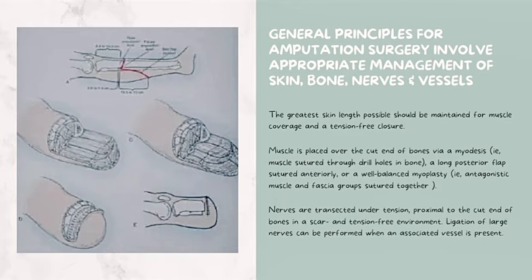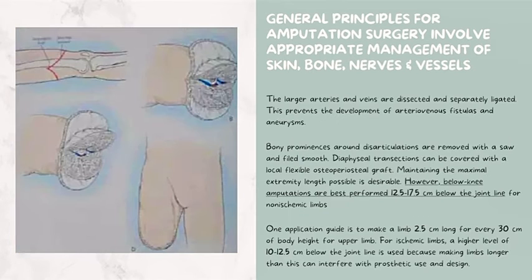Nerves are transected under tension proximal to the cut end of the bones in a scar and tension-free environment. Ligation of large nerves can be performed when an associated vessel is present. And then you have larger arteries and veins dissected and separately ligated. This prevents the development of arteriovenous fistulas and aneurysms. Bony prominences around the disarticulations are removed with a saw and filed smooth. You have diaphyseal transections which can be covered with a local flexible osteoperiosteal graft, and this maintains the maximal extremity